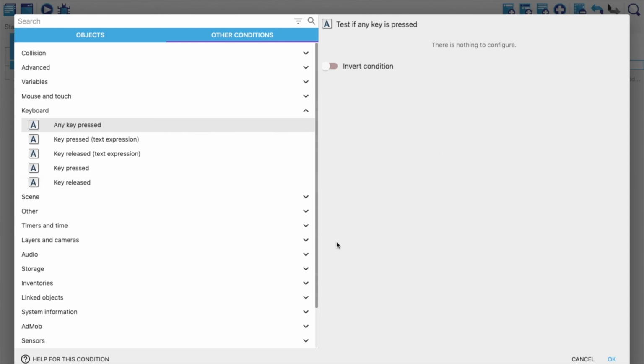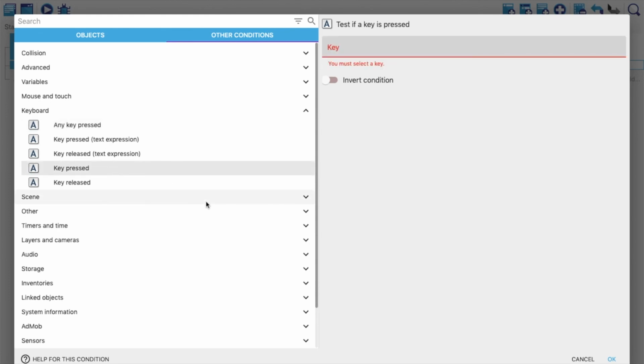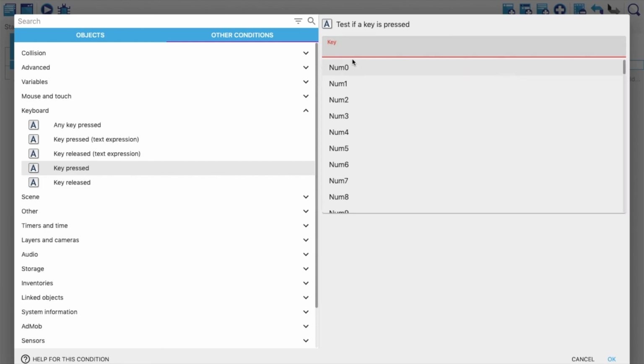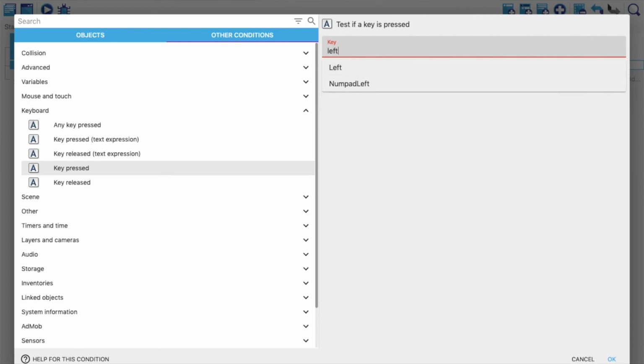It will work with any random key, but we don't want that. We want a specific key to be pressed for this to work. So when key is pressed, I can select which key. In this case I'm choosing the left arrow key, and I'm clicking OK.